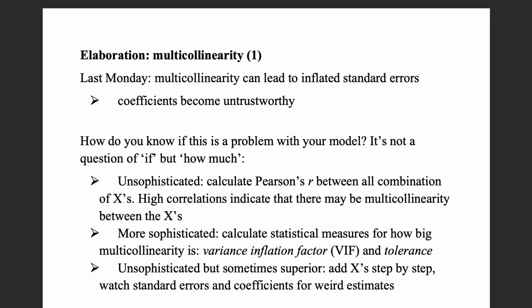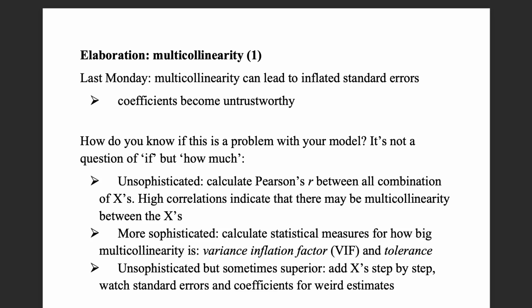So there is a way, once you have done a lot of regression analysis, that works often quite well in spotting whether or not you have issues with multicollinearity. And that's just adding your independent variables step by step. So if you want to, for instance, you think, I'm going to have a model with 20 independent variables, then just add them one by one. And then carefully watch what your estimates are doing. So your estimates for the coefficients and for the standard errors. Because what you will often see if you have a problem with multicollinearity is that